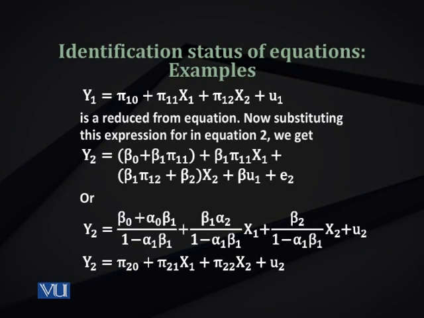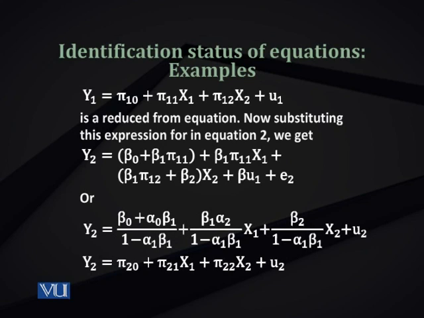You can use u, v, epsilon, any symbol to symbolize this residual part. You are also seeing that we just substituted the value of this y1 in the equation y2 and solved it, manipulated it algebraically, and we got an expression for y2 in terms of x1 and x2. Again, you see, in the end we have two terms, beta u1 plus e2. Both contain residuals. We will bring them together and label them as u2, as you see in the next line. We solve for y2 because you see we have a term containing y2 on the left hand side. When we bring it to the right hand side, we have y2 as beta naught plus alpha naught beta 1 divided by 1 minus alpha 1 beta 1 and so on, the equation you are seeing.